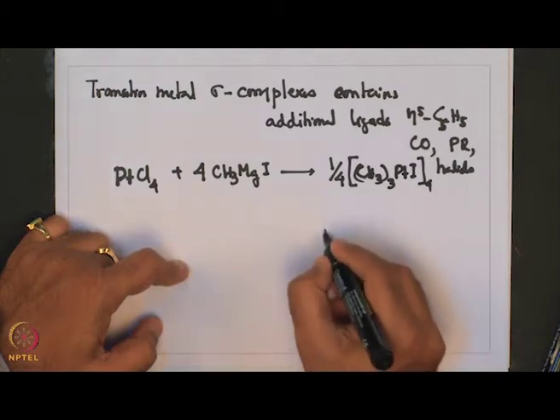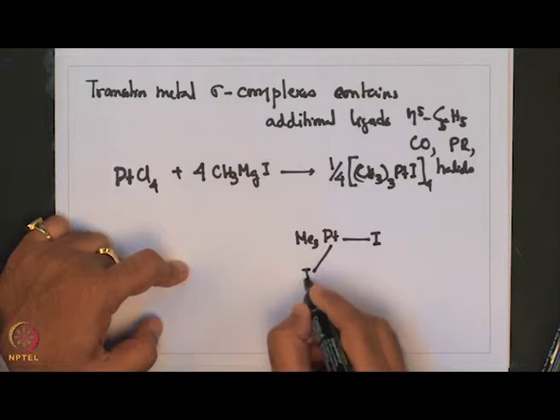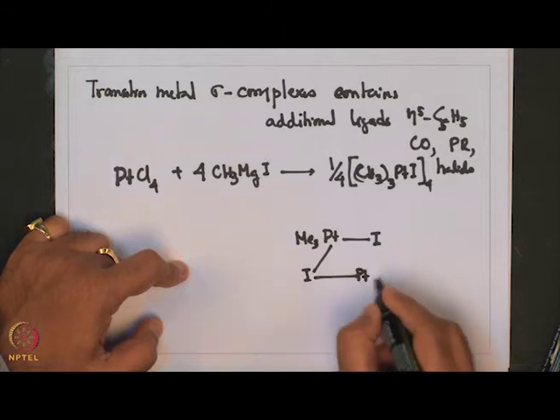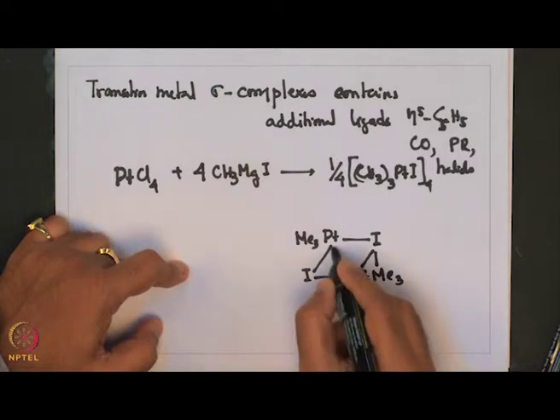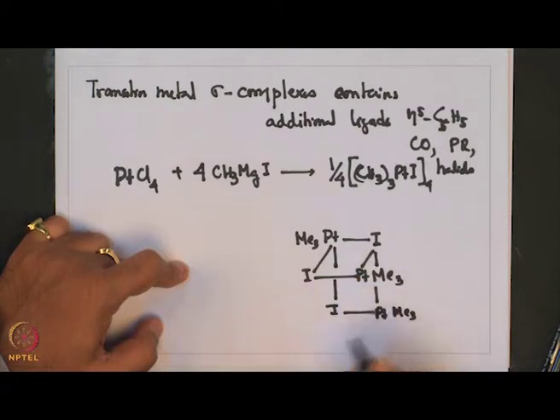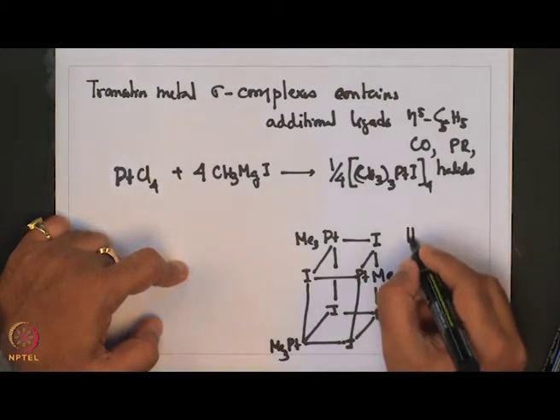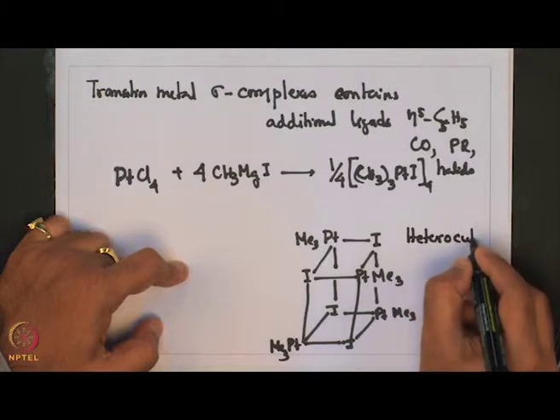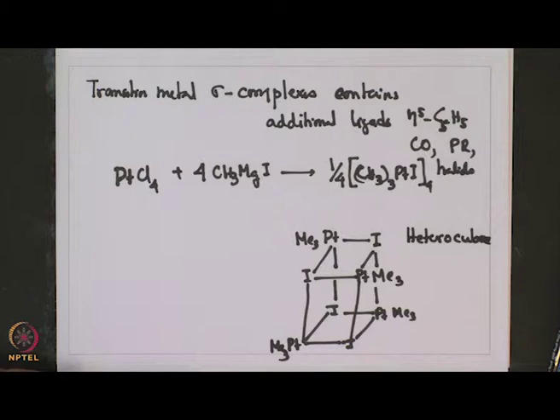The structure of this is of a cubane type, called a heterocubane type cluster. Now, what is coming out is that homoleptic sigma alkyl complexes of transition metals are indeed a challenge to make,